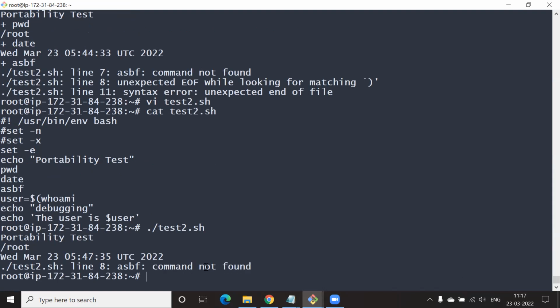Cool. So let's see what is the difference here. Now it is only showing whether any command is executable or not. It is not searching for this syntax error.